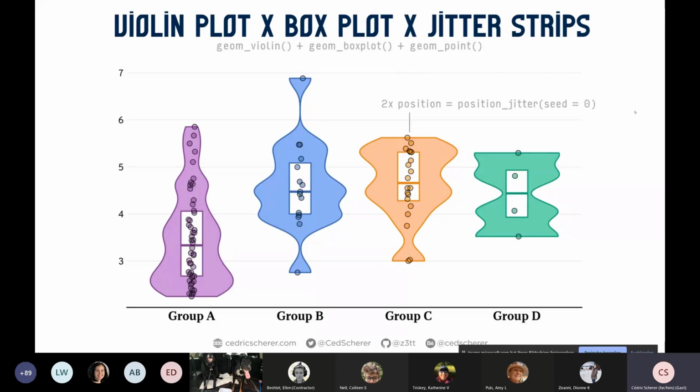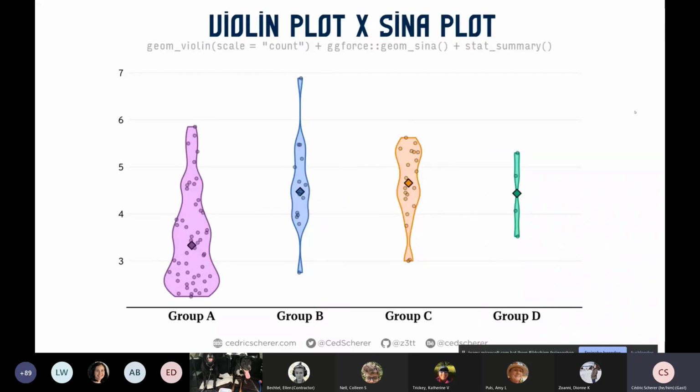And of course, you can then make the combination of all of these, so violins plus box plots plus jitter strips or bee swarms or Zener plots. So be creative here. Here's a version with the Zener plot. And here you can now nicely see how they are better than jitters, because they really follow the patterns of the violin.